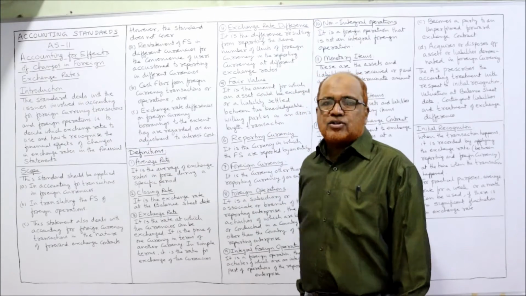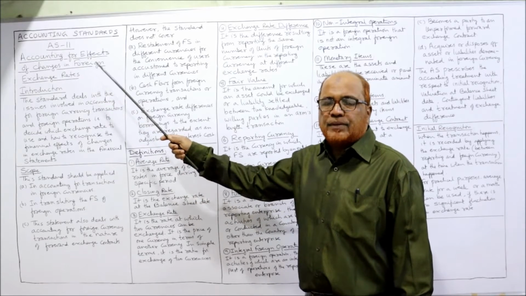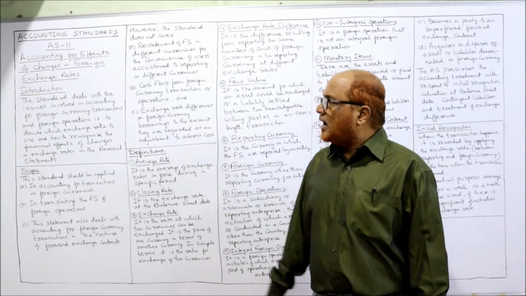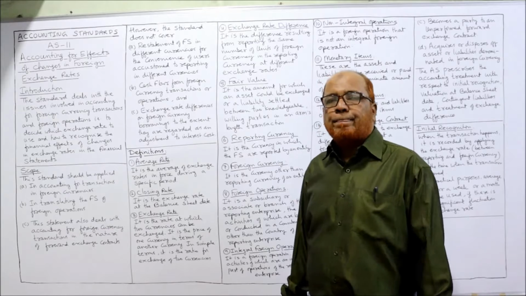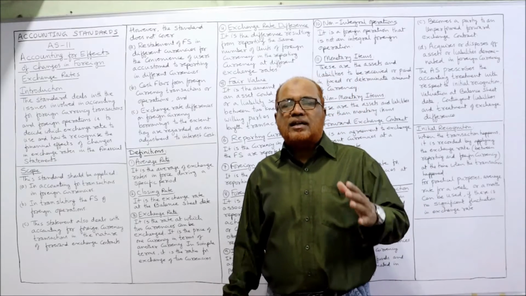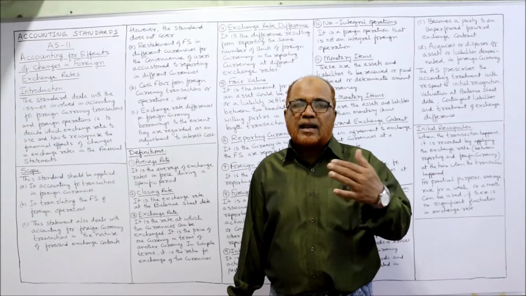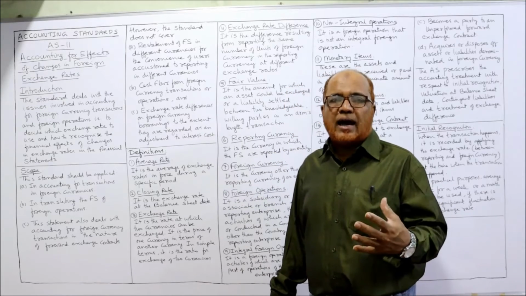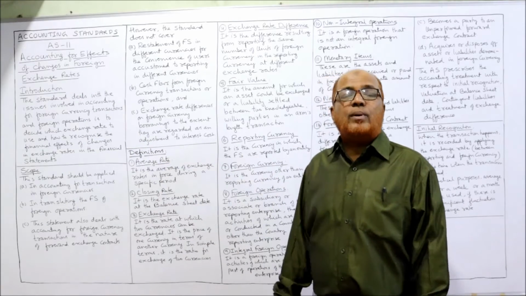So what is the introduction? This standard, AS11, deals with the issues involving accounting for foreign currency transactions. There are many transactions taking place between different countries, which means different currencies are involved. So it deals with all the issues regarding the accounting for foreign currency transactions and foreign operations,